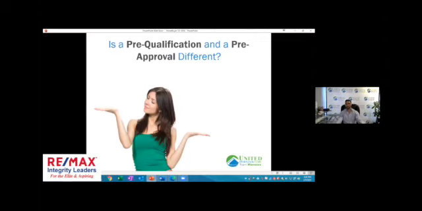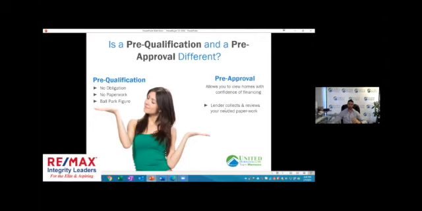So a lot of people ask this, and it's interesting, because a pre-approval is when we collect all of your documents. That's when we know, all right, we ran your credit, we have all of your documents, and that is what a pre-approval is. The lender collects and reviews your needed paperwork, right? Pre-qual is that stuff that you get in the mail. You get these,